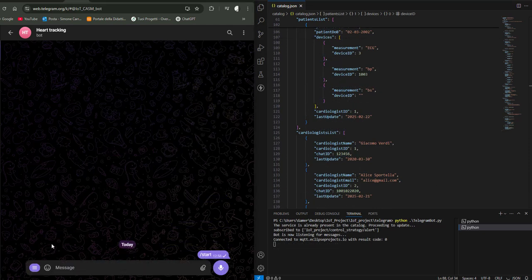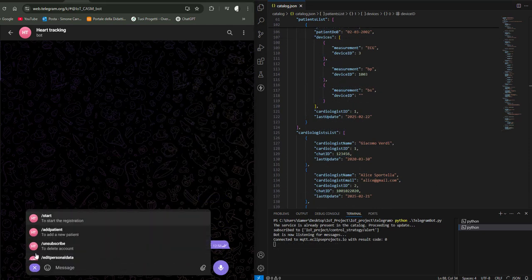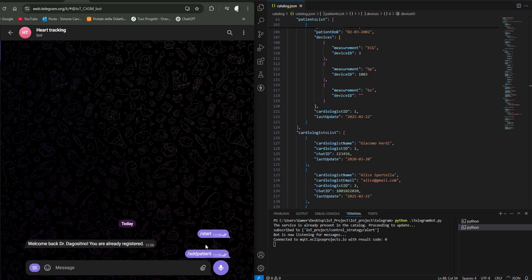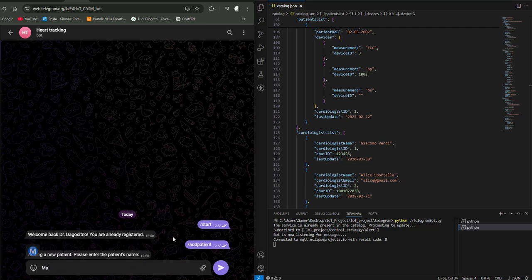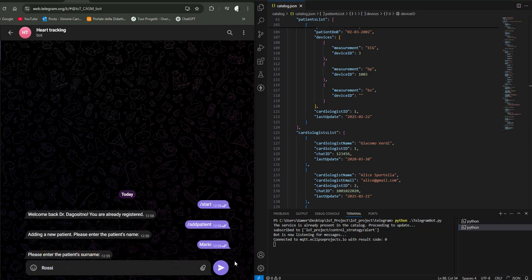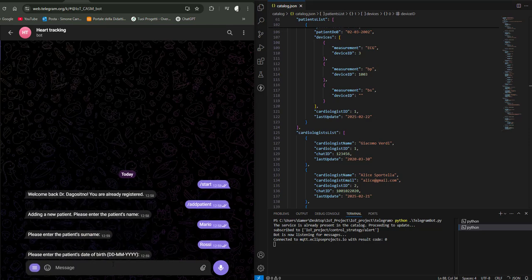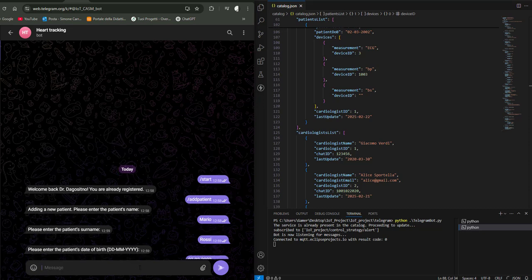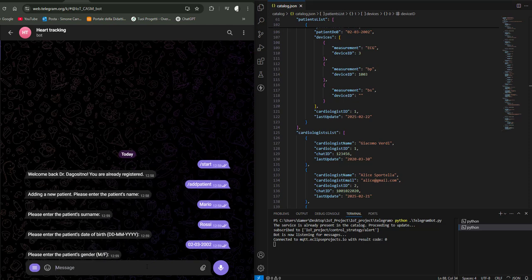Once registered, the cardiologist can start adding new patients that will be part of the monitoring system. Each patient's health will be monitored using an ECG sensor and two other optional sensors, a blood pressure sensor and a blood saturation sensor. When adding a new patient, the cardiologist has to specify the unique identifier of the devices that will be given to the patient to monitor his health.